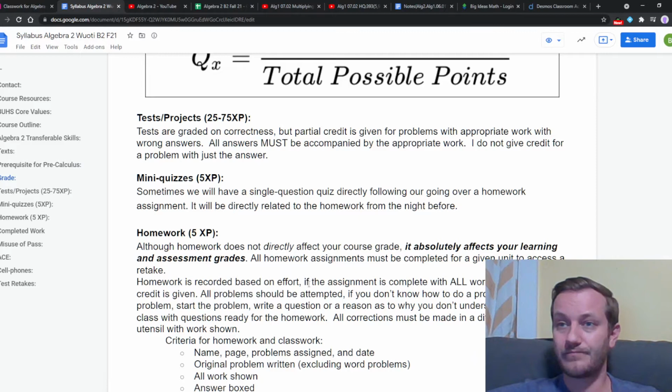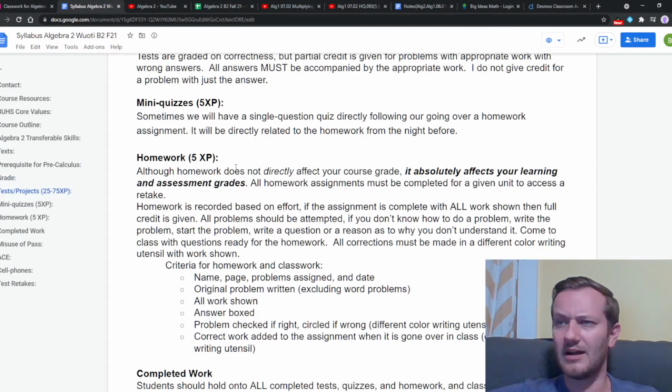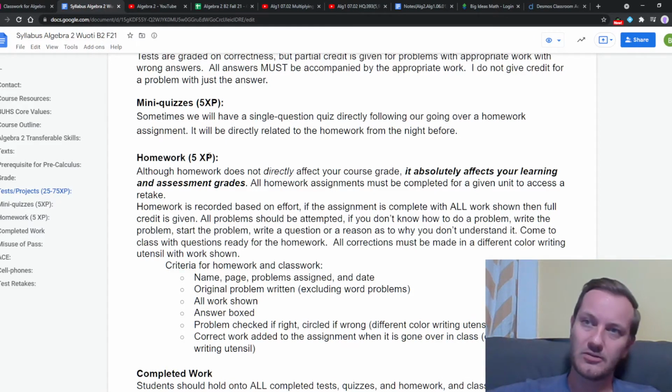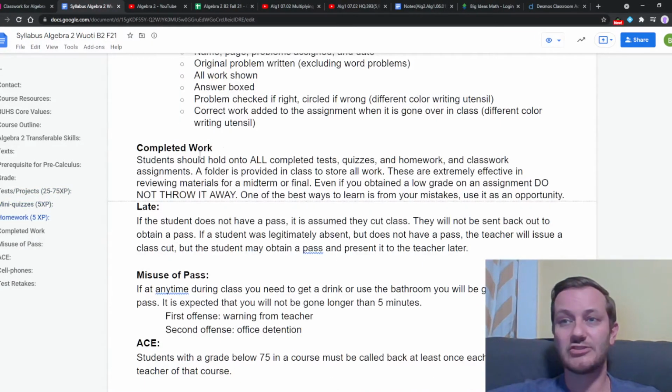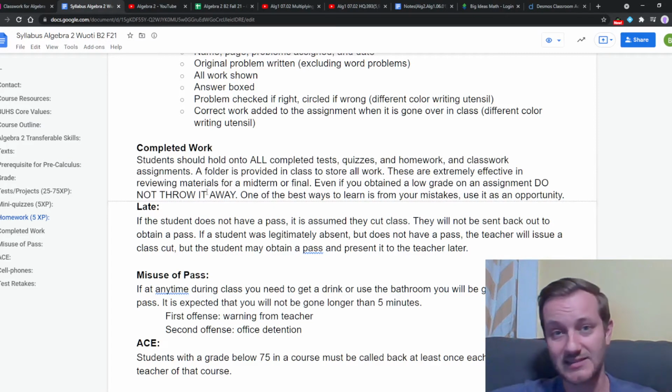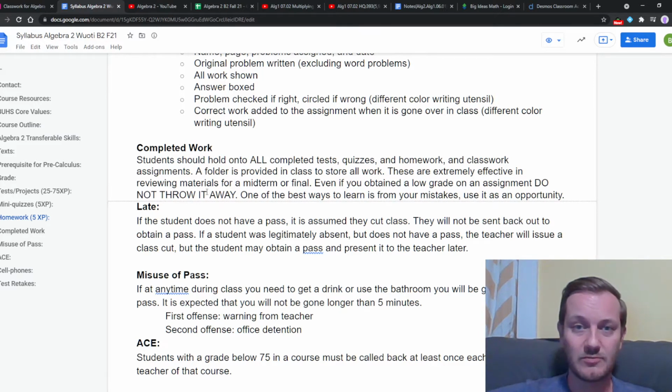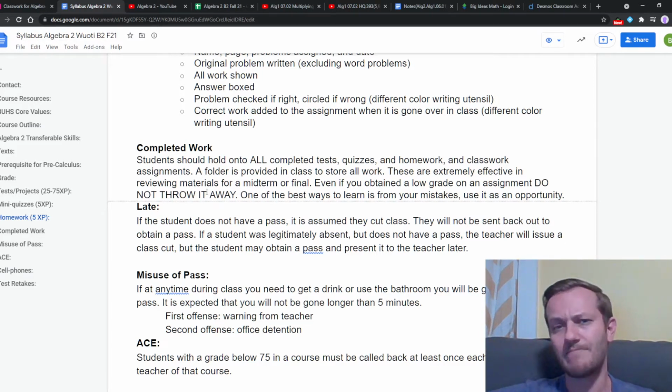And then homework. Some of this language I'll have to adjust. But I'm planning on, at this point, giving credit for homework. And if we happen to go to a more remote type experience, that would end up becoming a more significant portion of your grade. So you should hold on to all your completed materials. Don't throw it away, because it's an excellent study tool for you, and it's going to be a resource to continue to learn from.